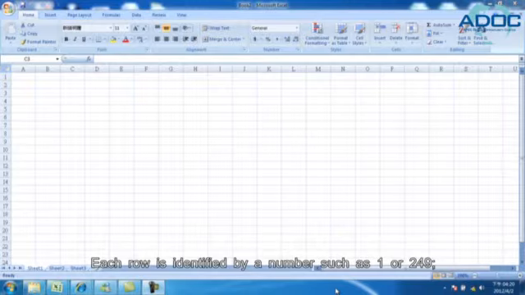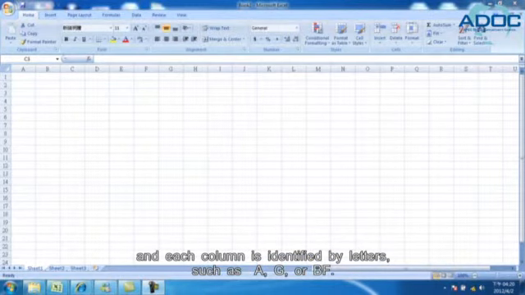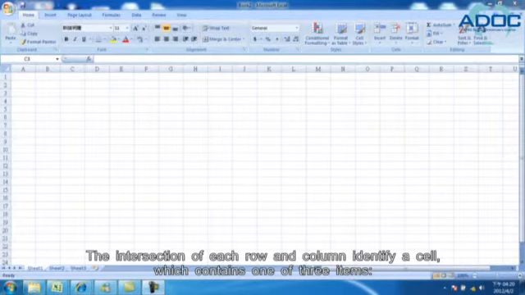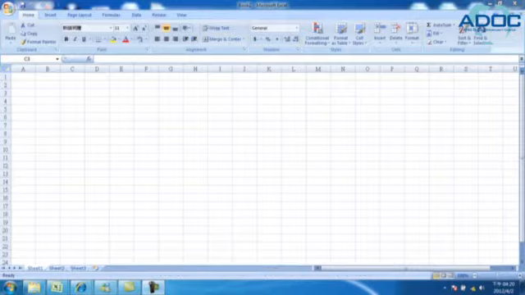Each row is identified by a number such as 1 or 249, and each column is identified by letters such as A, G, or BF. The intersection of each row and column identifies a cell, which contains one of three items: